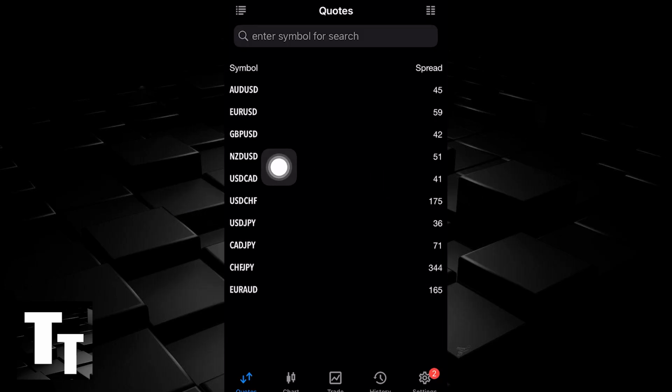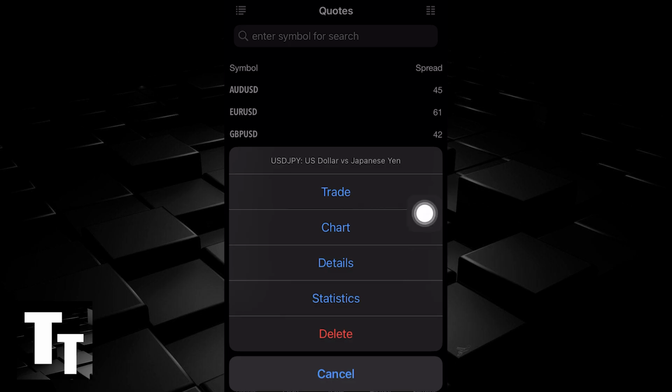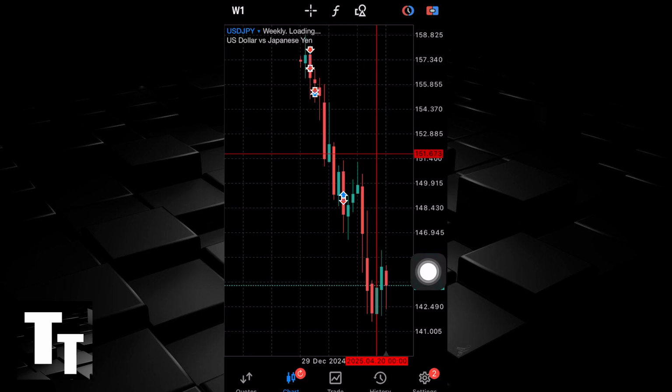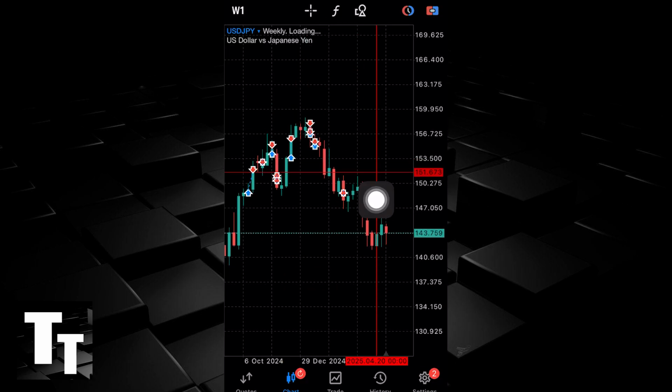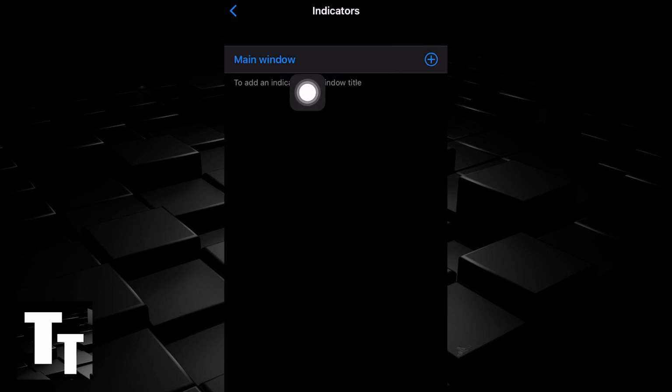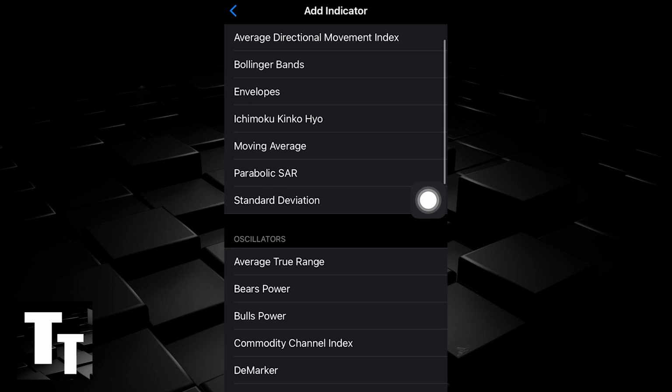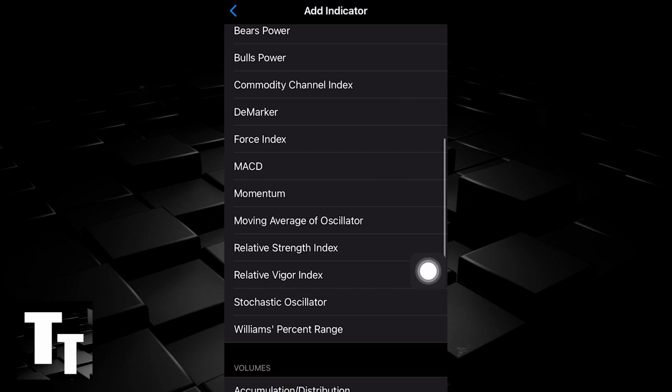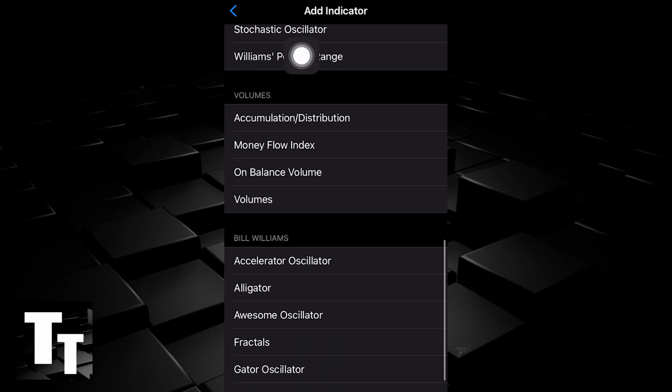Open up a ticker symbol in MetaTrader mobile by clicking chart. Once here, you want to go to the middle of the screen and click F, and then go to the right and click the plus icon. Underneath here, you want to scroll down. Underneath oscillators, keep going down. Underneath volumes, click the first option,